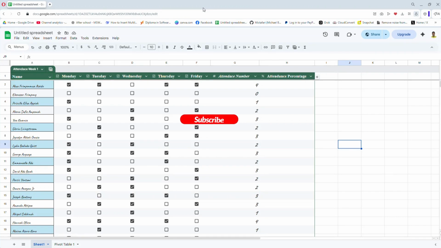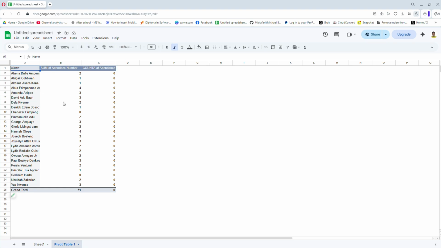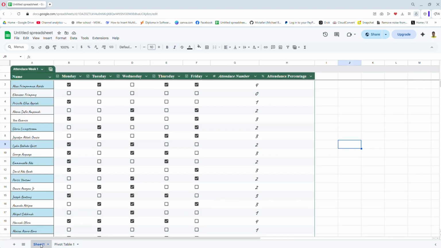In this video, I'll be showing you guys how you create a pivot table on Google Spreadsheet, simple and easy. So you can see on your screen, for this data, I've created a pivot table for it here. You see it here, simple and easy. Now let's try to do the same thing with this data, but then I'm going to put you guys through